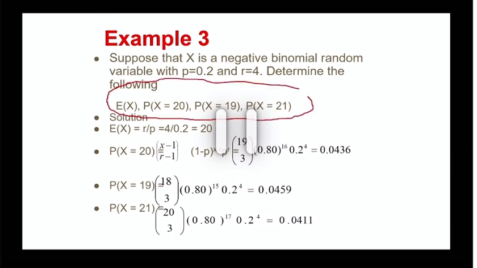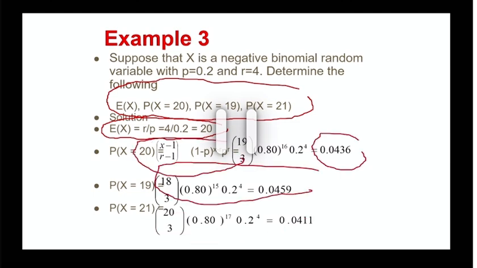It's going to be easy. Look at that. I'm trying to find the expected value of X, which is R over P. They're giving you R. They give you P. Plug them in. Then in the formula, S equal to 20, plug it into the formula. Okay, you're going to get that. S equal to 19 or whatever you plug into the formula, you're actually going to get that.